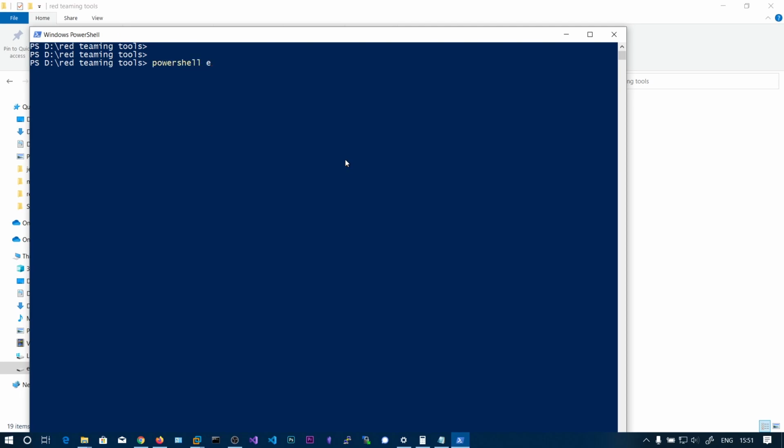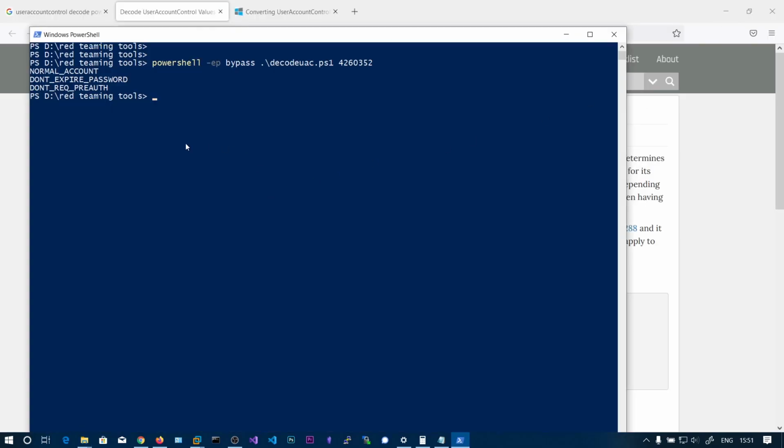So if I run PowerShell with execution policy bypass and decode-uac, and pass the number, you can see it goes and does the operation, and it shows the flags for us: normal account, don't expire password, and don't require pre-authentication. So here we got the user account with this enabled, so you can go and do the Kerberos AS-REP roasting. Now, how to find this user account? You can just query for the